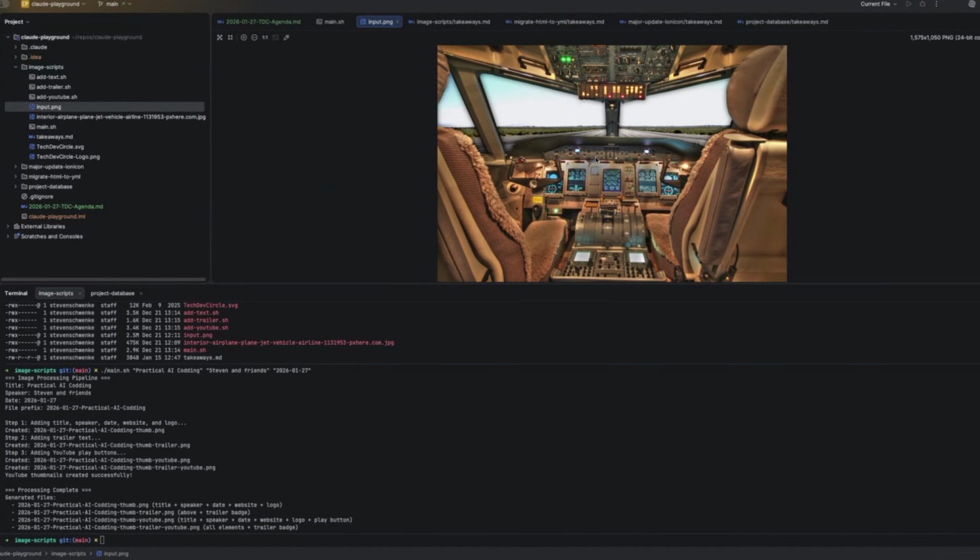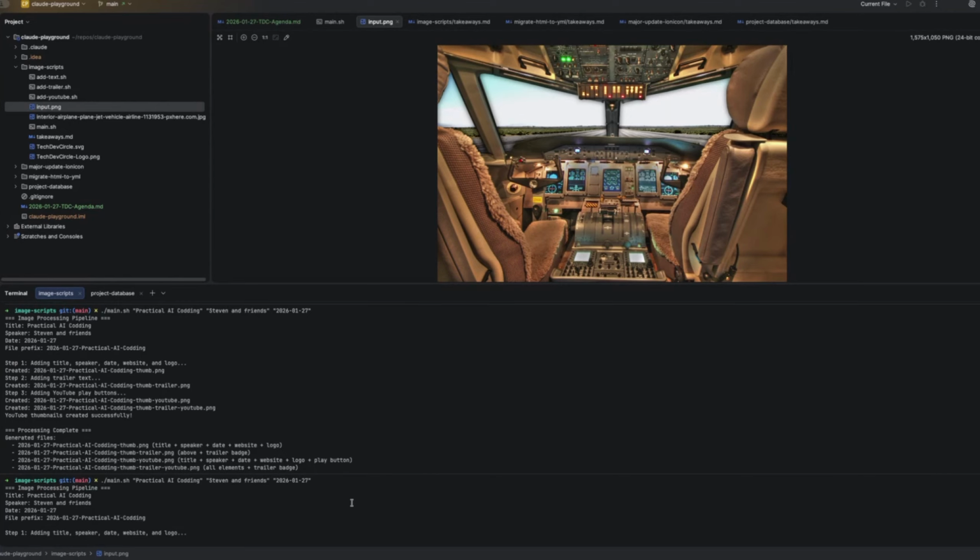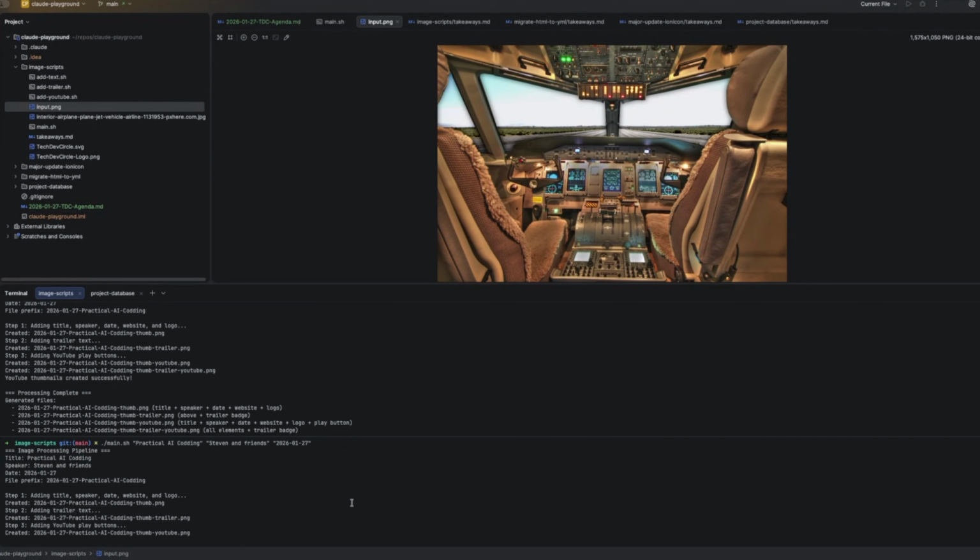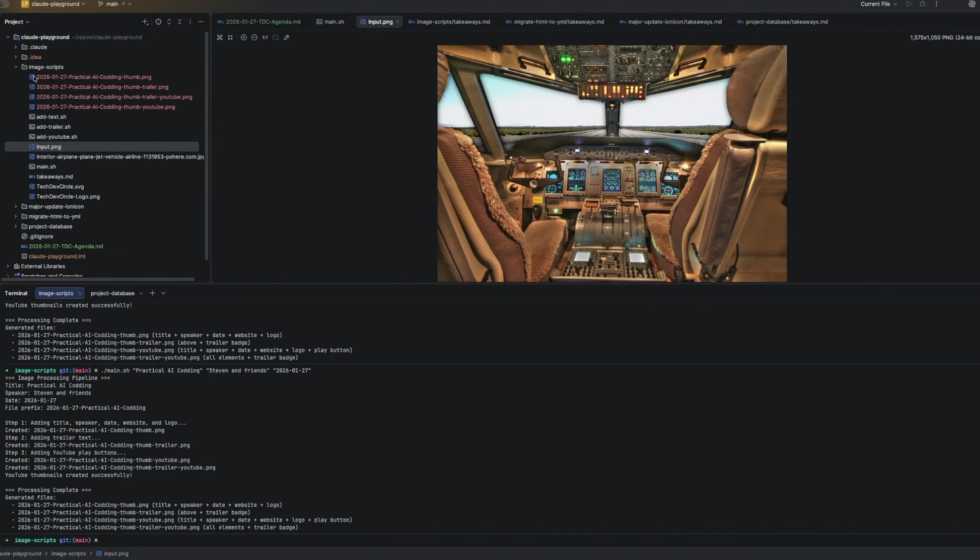And then I am going to execute down here in the terminal the main shell script, and then a couple of parameters, for example, the title, practical AI coding, the guests, Stephen and friends, and the date that this event is happening. And if I execute this, you can see it's doing stuff. And here in the file browser, four new images will appear. This is the same image in the background, but it's blurred. And in the right area here, the title appears, the logo appears, and everything else that you saw on this